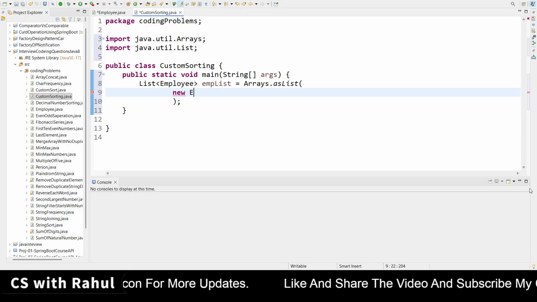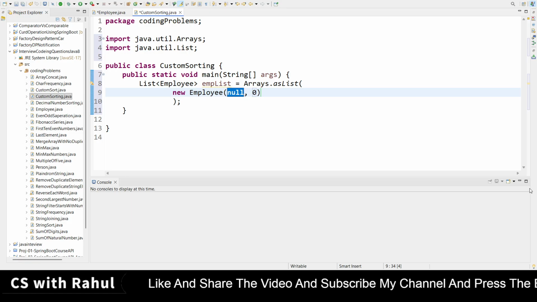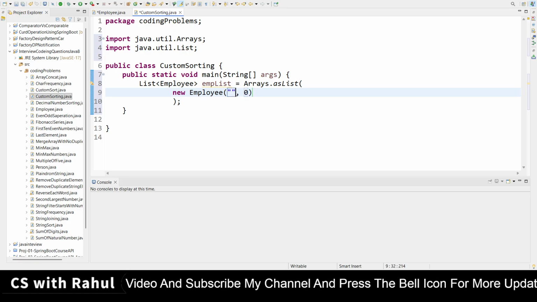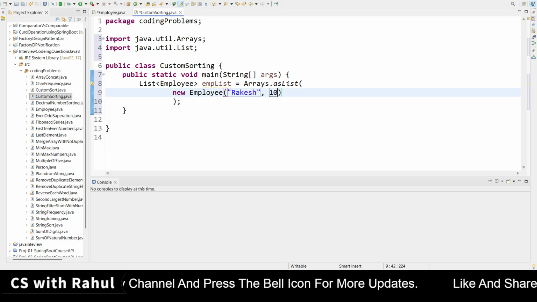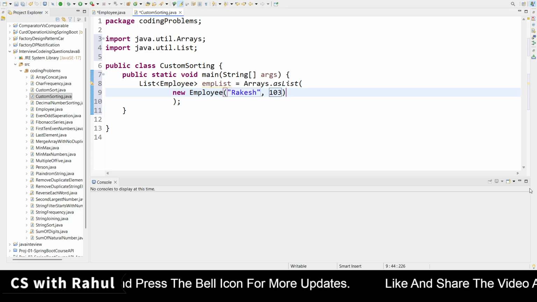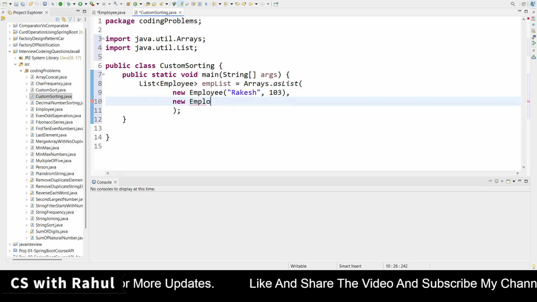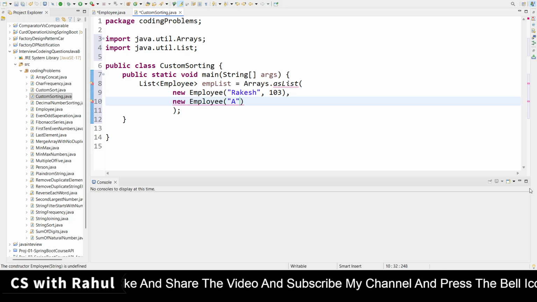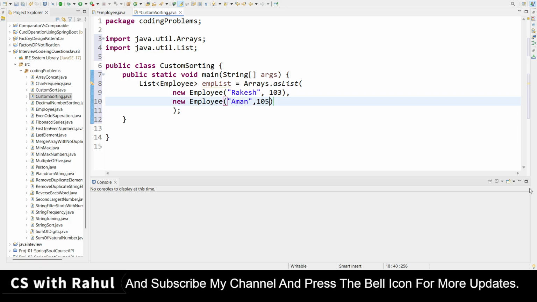We will write here new Employee, because we have already created the two-parameterized constructor where two arguments are there. So I'm keeping the name Rakesh, and employee ID is 103. Randomly I am adding objects: new Employee, and then I can take Aman, and employee ID 105.